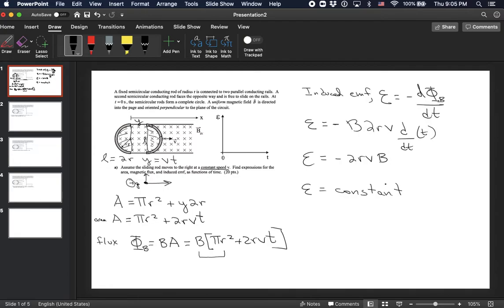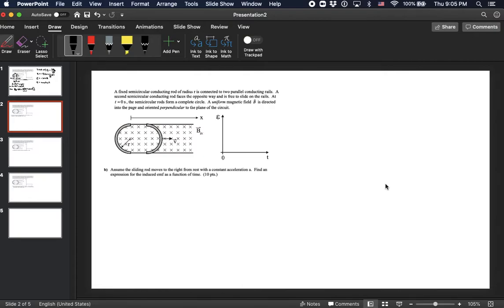Okay, so next, now we're going to assume that the sliding rod, so I just copied this into a new slide so it'd be easier and we'd have some space. So now this rod here is moving to the right, but it's not at a constant velocity. It's starting from 0 and moving to the right with a constant acceleration. So that means it's speeding up, right? It starts at 0 and just starts speeding up. So that tells me I have the same thing as before, but now my y is equal to 1/2